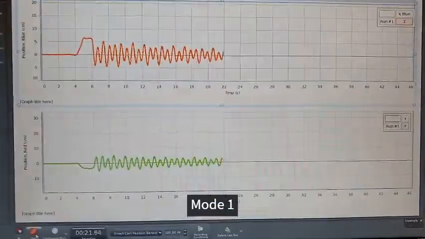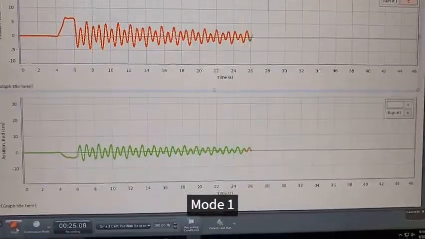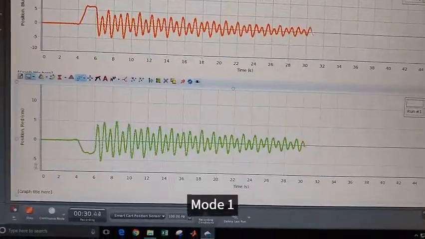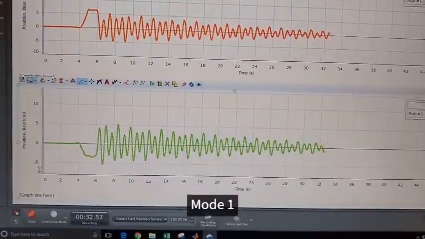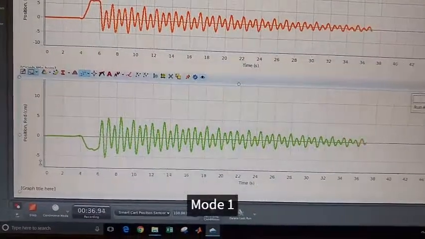Looking at the time response data, you can see that the carts are moving in opposite directions from one another at approximately the same amplitude. Note that right now, this is just in a slightly different scale than the top one. And again, you'll let those die down to 0 and export the data